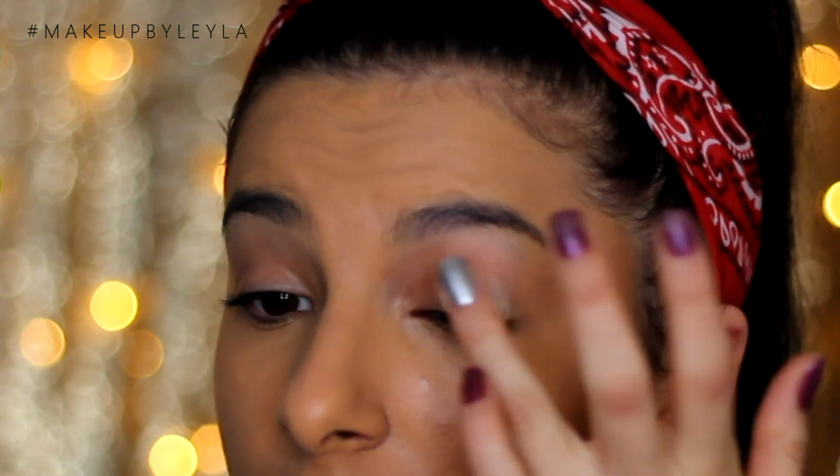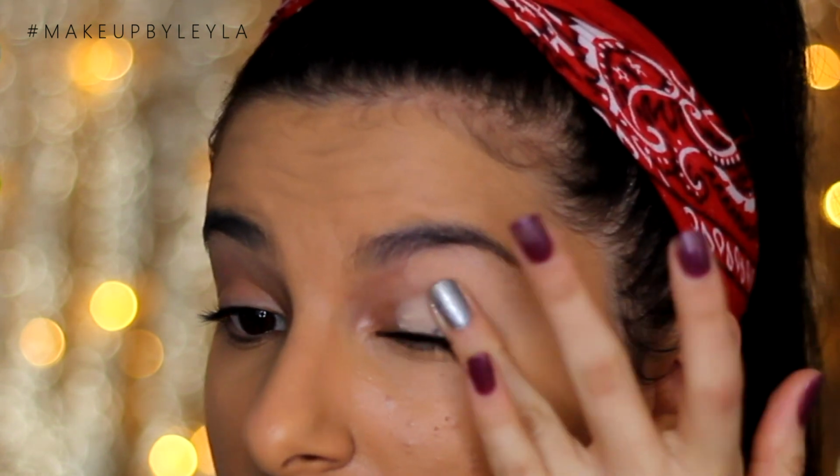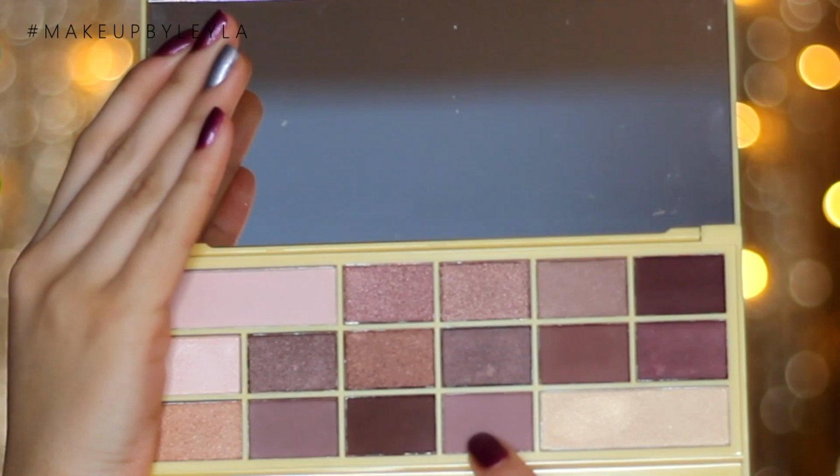Moving on to my eyes, I am taking the Soft Ochre Paint Pot from MAC, and I'm just applying a thin layer of this onto my lid just to cancel out my eyes' natural colors and also just to prep it for eyeshadow. Next, getting started on eyeshadow, I'm going to be taking the Makeup Revolution Naked Chocolate Palette and